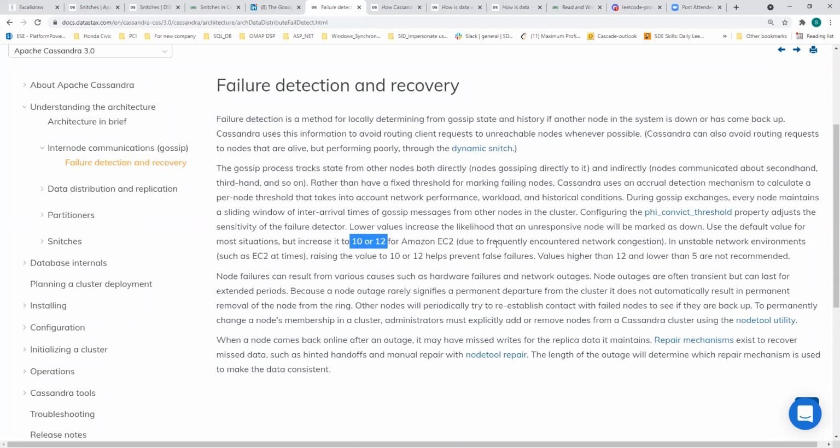So some of the nodes which are not responsive will still not be declared dead, because they might be doing some other task, right? Someone is just using that as a replica. So there's no harm in not saying that the node is dead and creating a lot of confusion in the system, with some other system trying to handle all that. So in order to avoid that, they play with these thresholds,